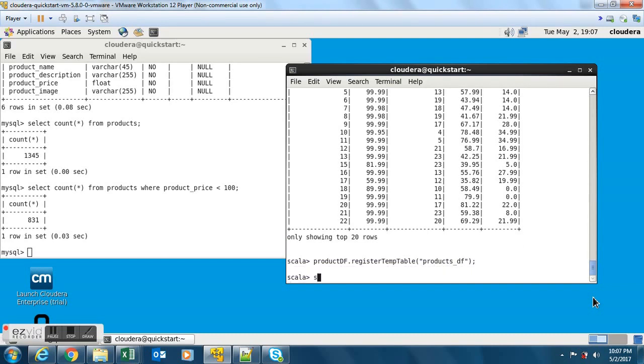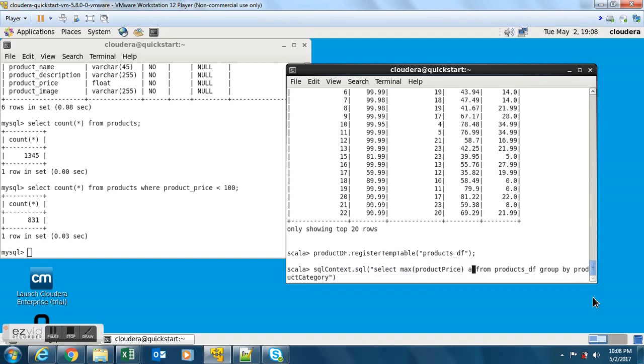Now let's start solving the problem. All you need to do is use the SQL context and SQL select star from products underscore df, and I'm going to group by product category. And then I'm going to use a bunch of aggregate functions. So let me start with using max of product price as max underscore price, and then count of distinct of product ID as total products,